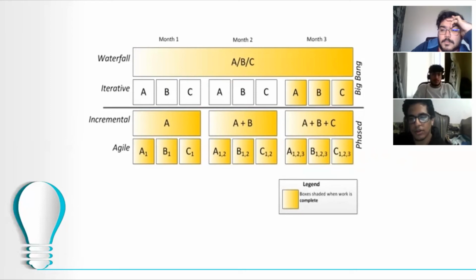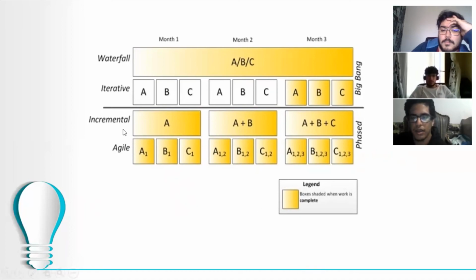The project finished at the final stages. It's a Big Bang type. The first two is a Big Bang type because, as we said, the project finished at the last stage, unlike the phases. The phases that are instrumental, we can see that there is A, start and finish in the